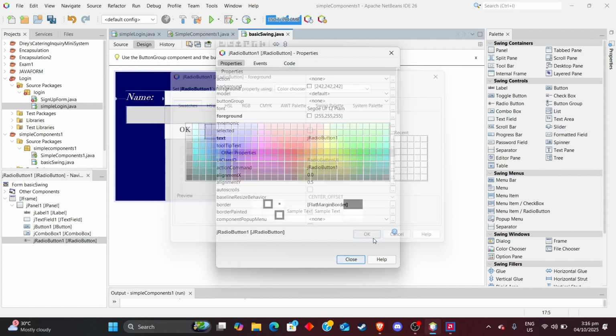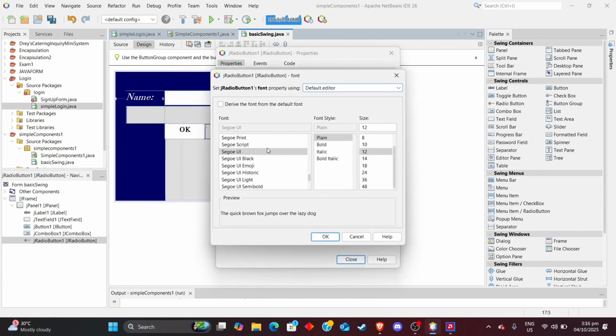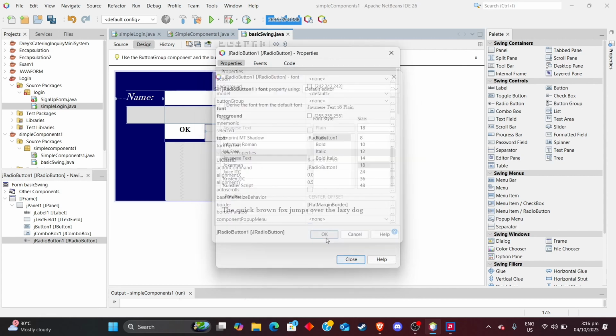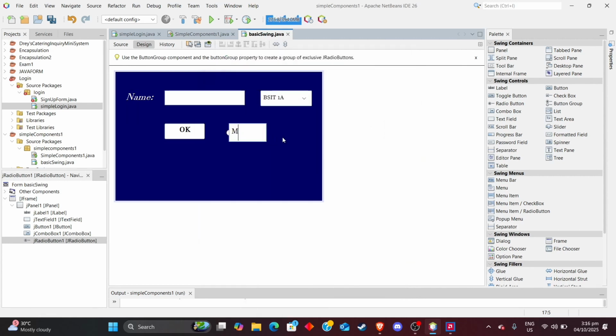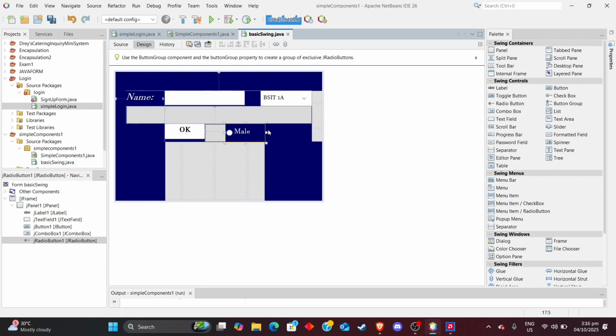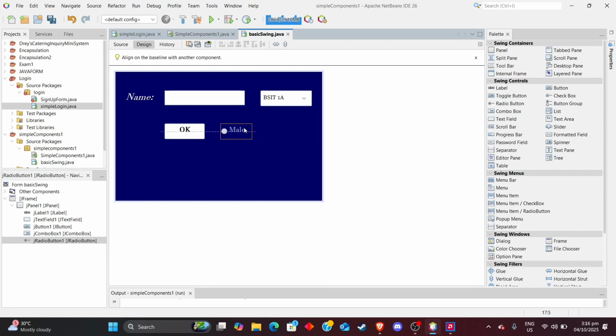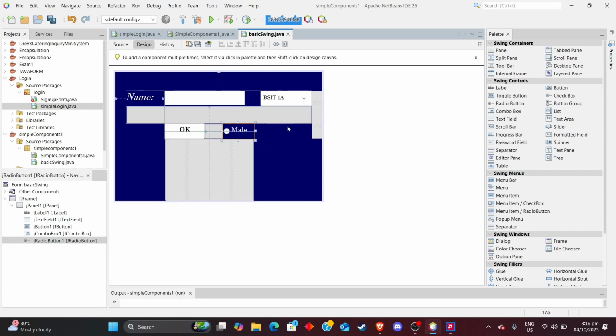So we're gonna change it to white, and then change the font to Javanese, and then 18. So there you go, and we're gonna edit the text. For example, we're gonna put male for the radio box. Here we're gonna put male, and then